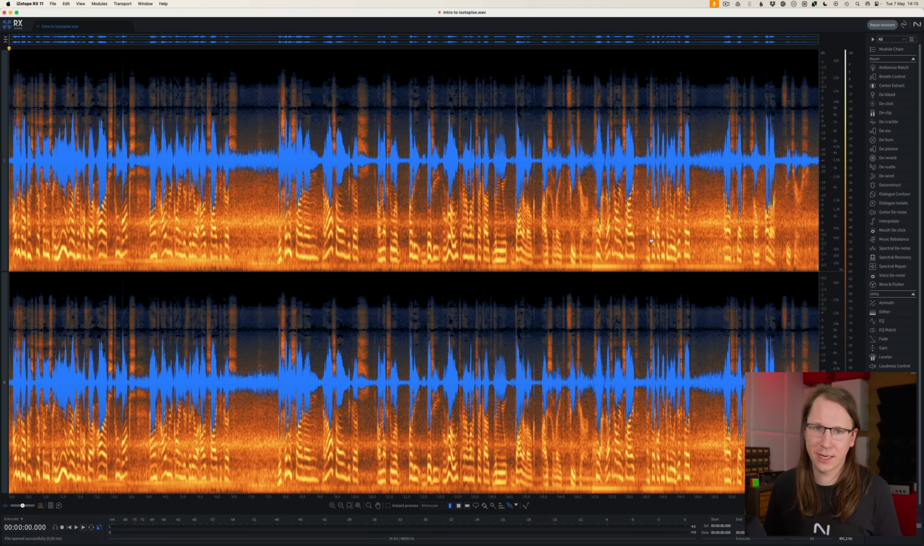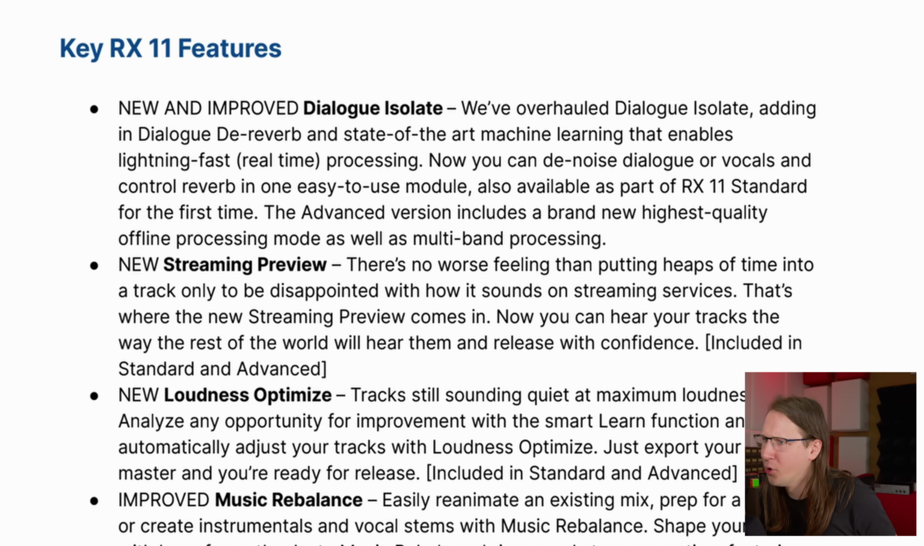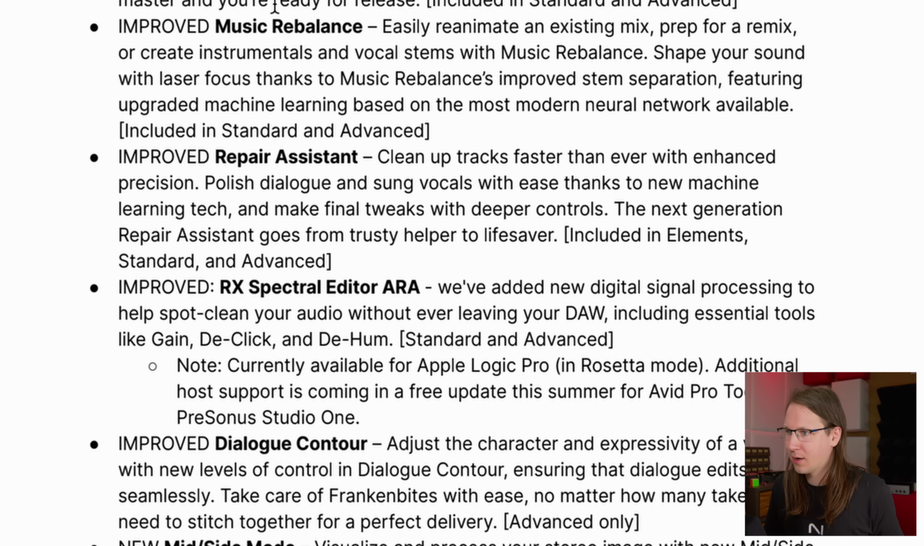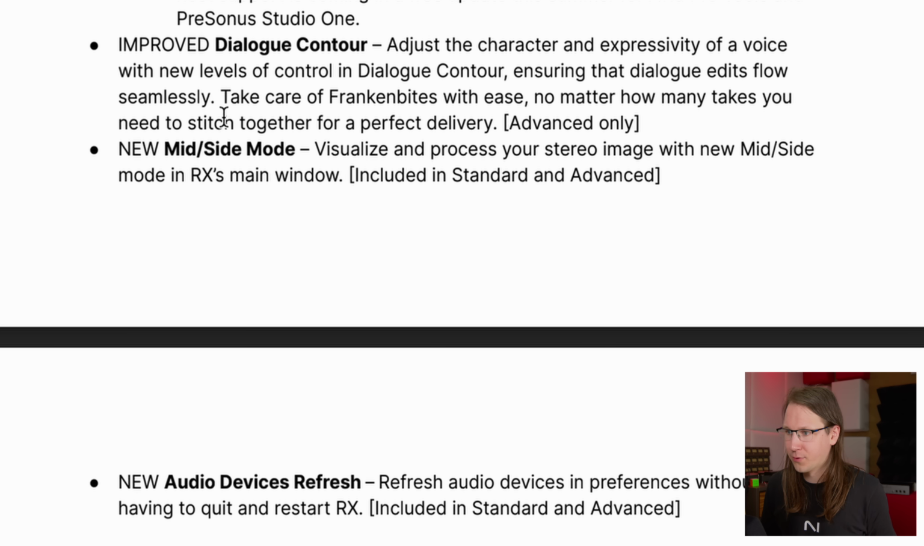Alright, RX11 still looks the same, but it has a few new features and a few improved features. And actually the dialogue isolate was already in there, but it's now new and improved, as they are calling it in their reviewer's guide. So we'll see what that will mean. There's also a streaming preview now, there's loudness optimized now, and there's an improvement to the music rebalance, the repair assistant, the ARA integration, currently only available for Apple Logic Pro, improved dialogue contour, mid-side mode,